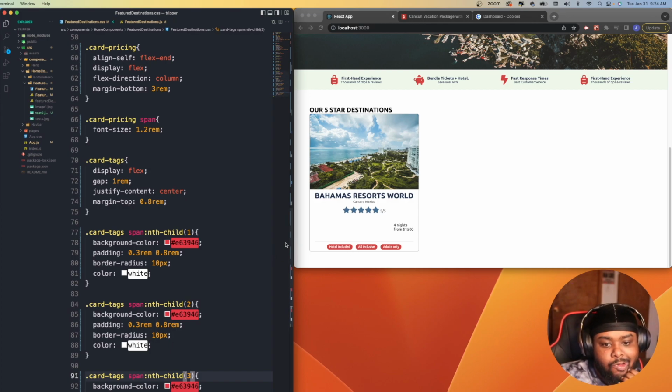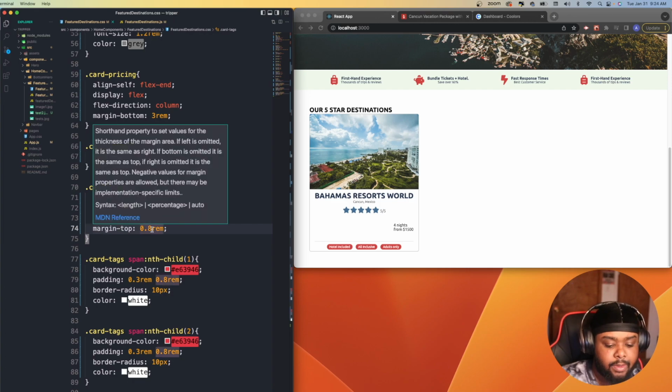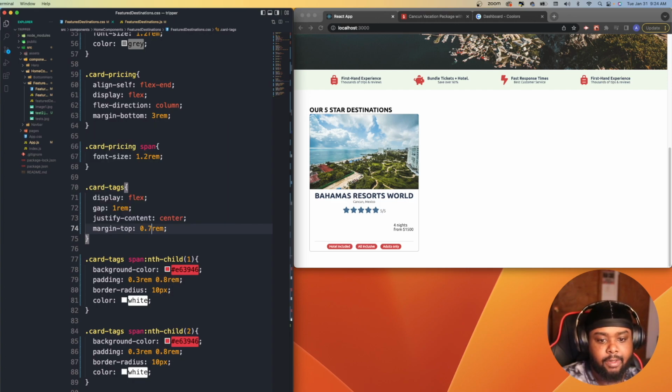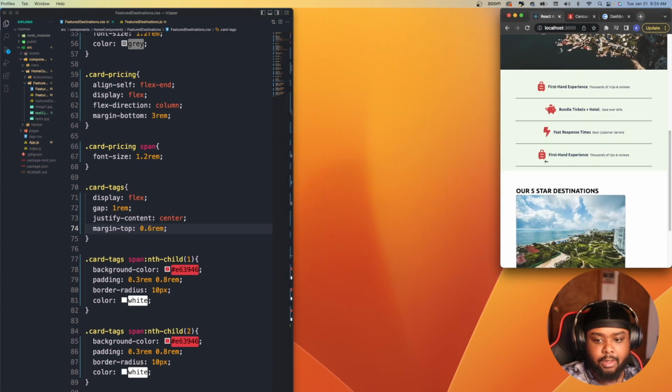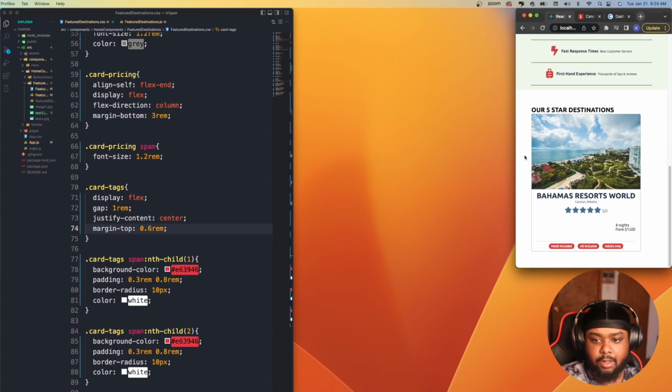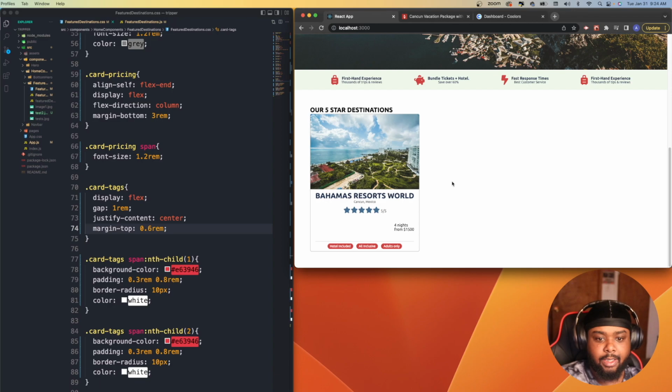Alright, and maybe bring this margin top down to 0.7, 0.6, 0.5, maybe 0.6. Alright, let's see how that looks. It's not looking too bad, not looking too bad. I like it, I like it, I like it. Alright, and